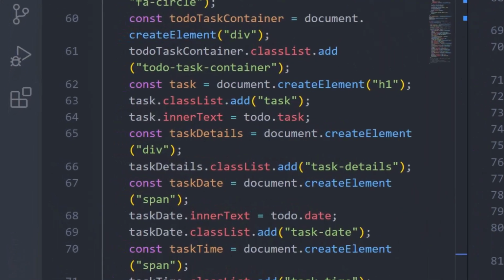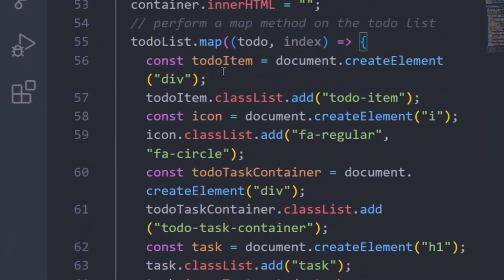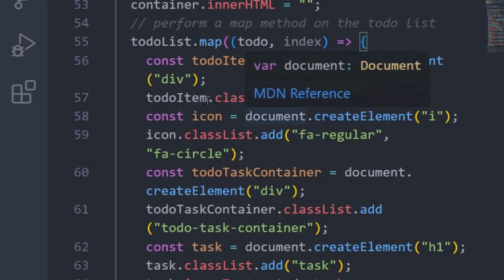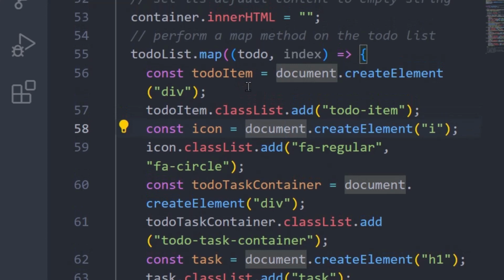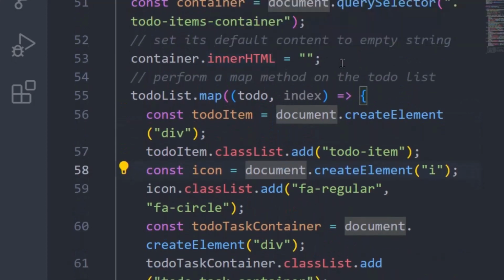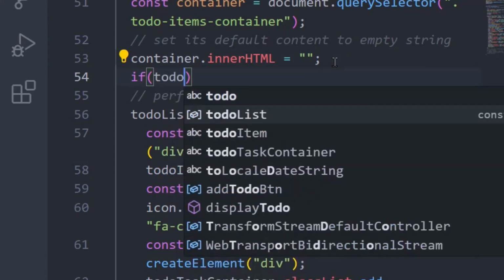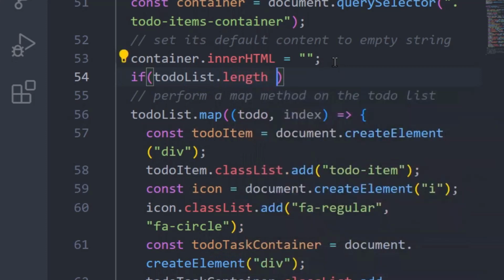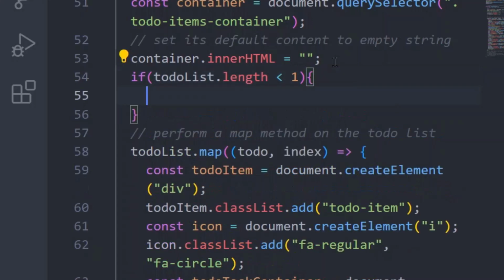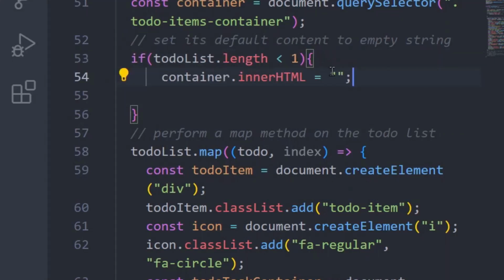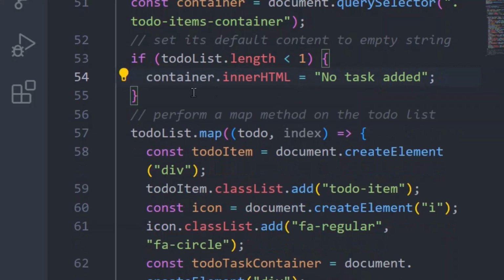So what we will do is that here, before anything, let's just come here and say if todo list dot length is less than 1, meaning there is nothing there, then we can go ahead and set the value of this one to no task added. Else